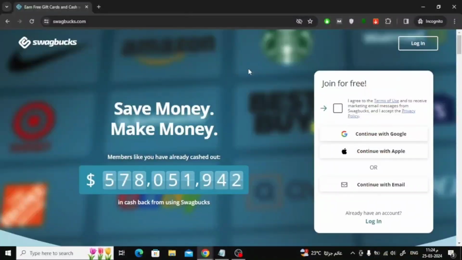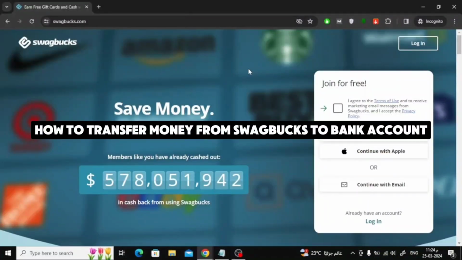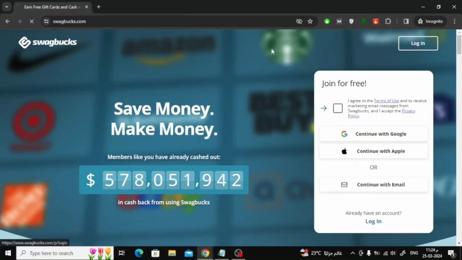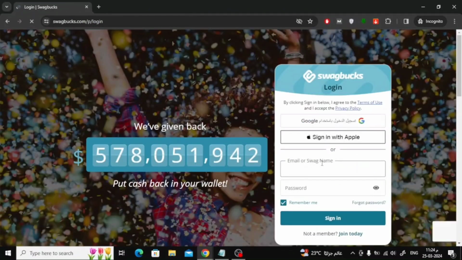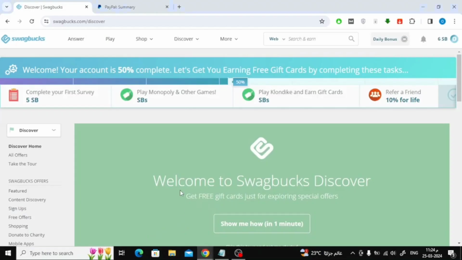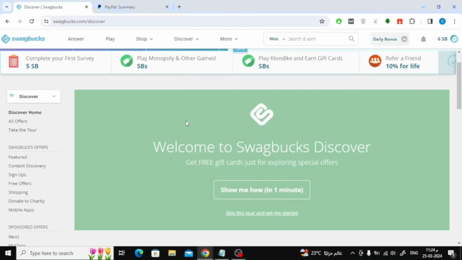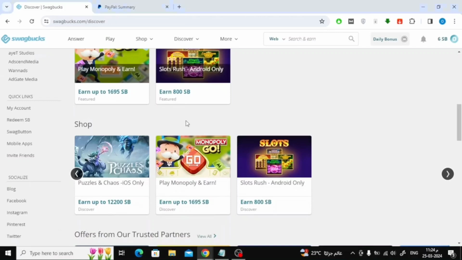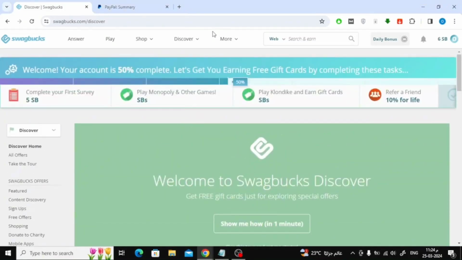In this video, I will show you how to transfer money from Swagbucks to your bank account. Let's start by opening the Swagbucks website and clicking on the login at the top right. Log into your account. After that, enter your email and password to log in. Now, after entering your Swagbucks credentials, click on the More button at the top, then choose the Redeem Rewards option